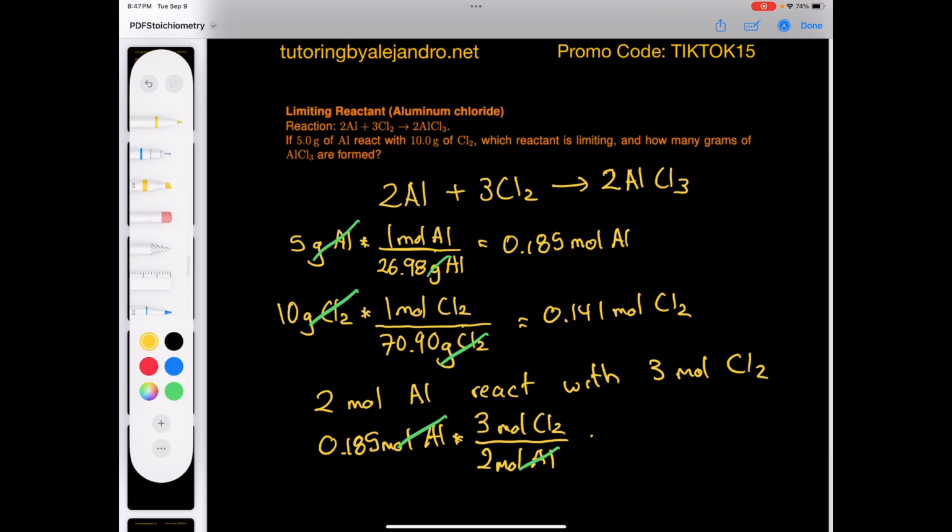That gives me 0.278 moles of chloride, okay? So that's what I would need. So 0.278 moles of chloride is what I would need to react with